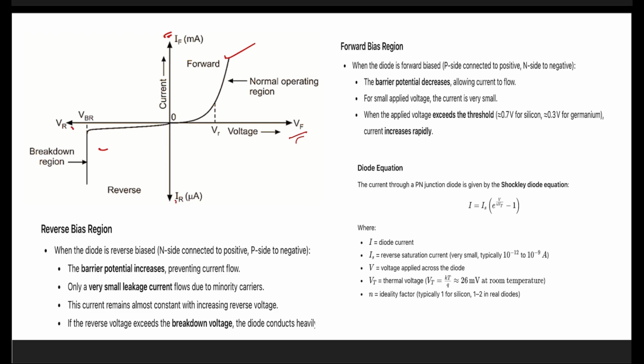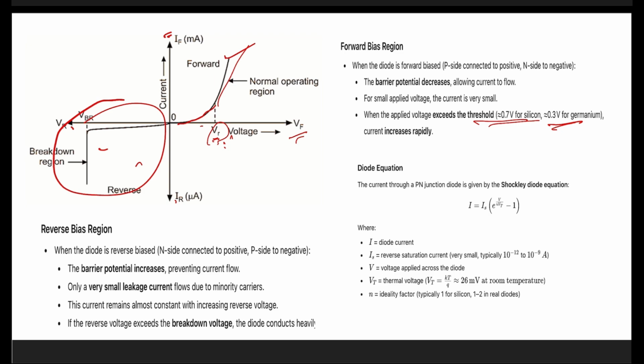In the forward bias, when the diode is forward biased, the barrier potential will decrease and it will allow the current to flow. For a small applied voltage, the current will be very small, and when the applied voltage exceeds the threshold voltage, the current will increase rapidly. This knee voltage or the cut-in voltage is 0.7 volt in the case of silicon, and it is 0.3 volt in the case of germanium. Now in the reverse bias region,